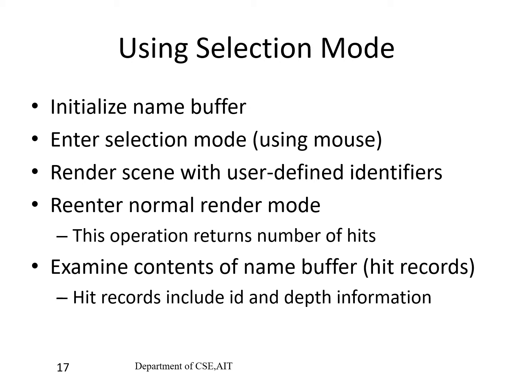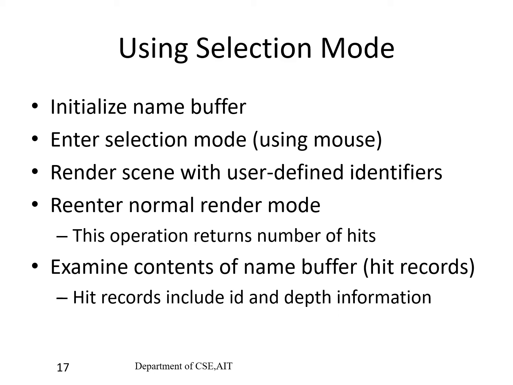Enter the selection mode and render a scene. Each primitive within the clipping volume is going to generate a message called a hit, which will be stored in a buffer called the name stack. The hit buffer is going to contain one record for each hit. That means for every object that is rendered near the mouse cursor, a record will be generated. If there are no names on this hit list, because no primitives were rendered near the mouse cursor, then the value will be equal to 0 in the hit record.